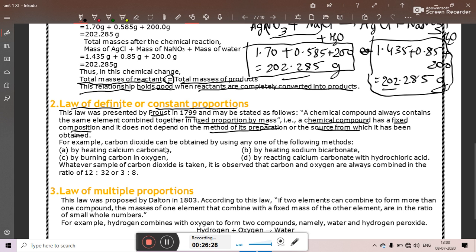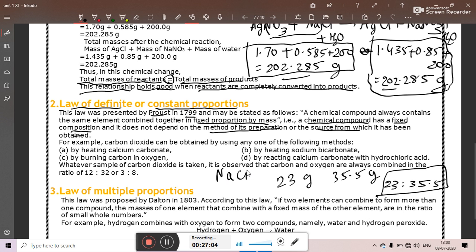In the same way, NaCl can be obtained from sea water, and that also contains the same mass of Na and Cl. So what is the proportion of their masses? In case of NaCl, the atomic mass of Na is 23 gram. The atomic mass of Cl is 35.5 gram. So that means the ratio is 23:35.5.